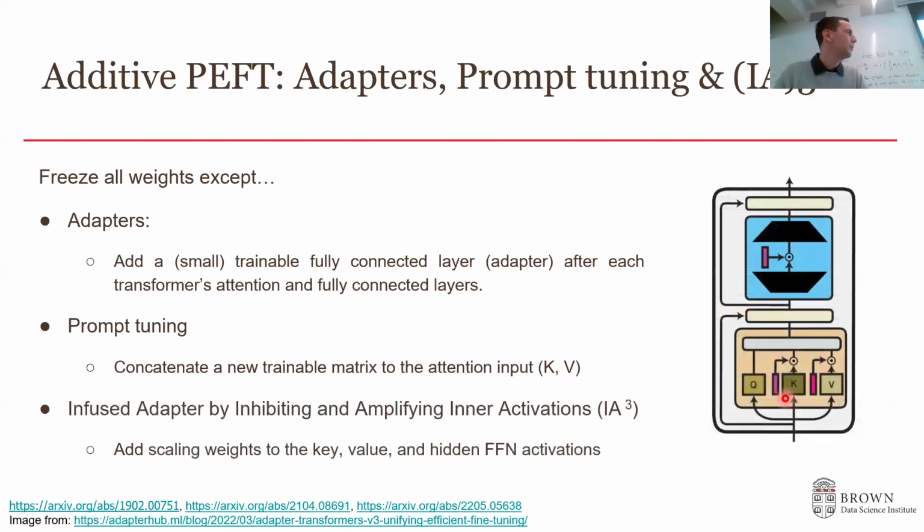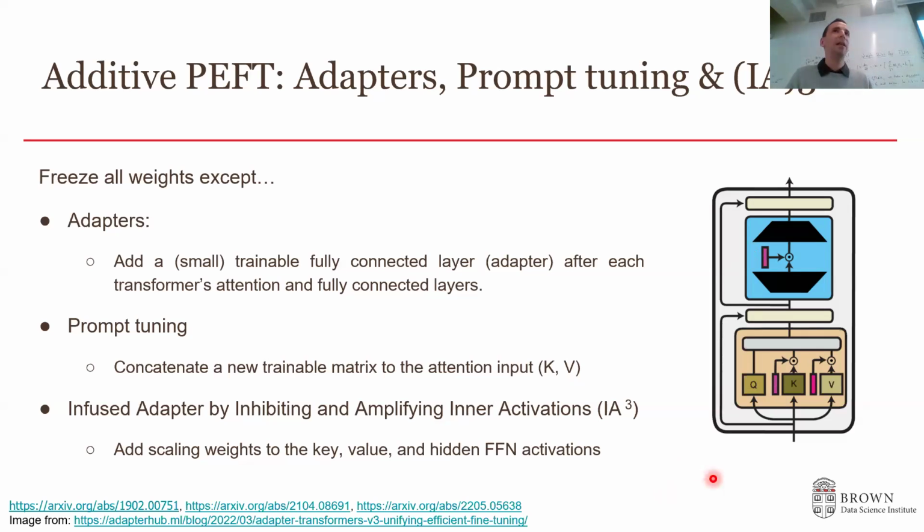And the last concept is IA3. By the way, I put all the papers in the presentation so you can review them later if you want. They did interesting research and found strategic places within the transformer architecture, such as activations or attention matrices, to put scaling weights that we only train. These are the more crucial places if we want to steer the model to our task without training everything.